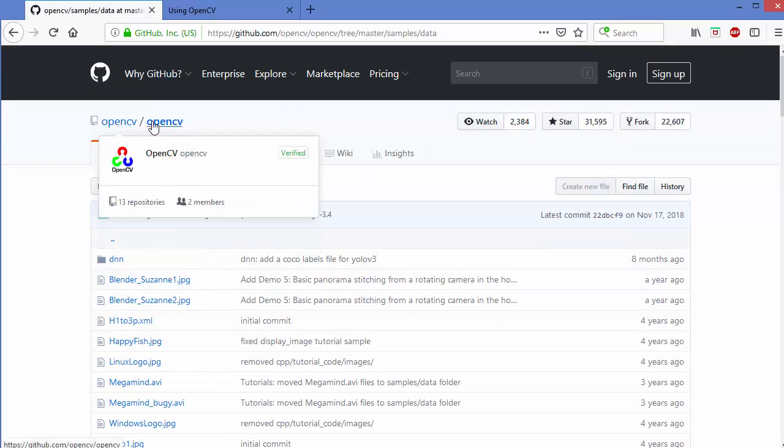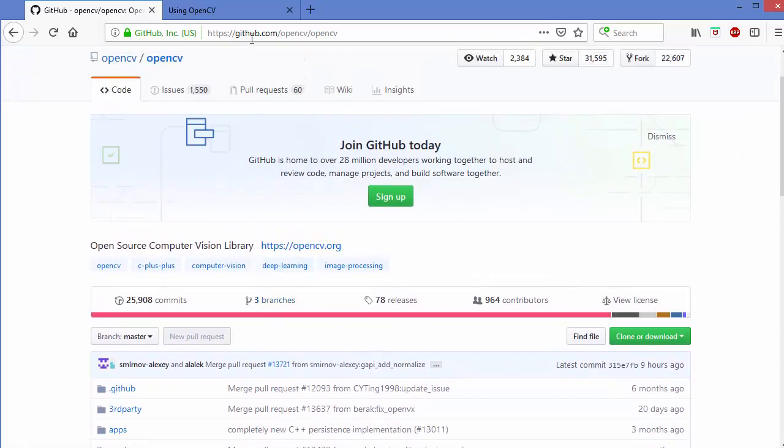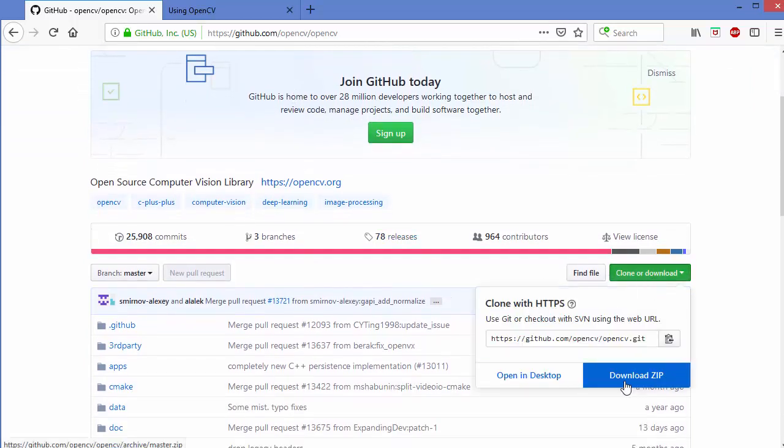What I generally do is go to this repository under the URL github.com/opencv/opencv, and then I either download the zip file of this project or clone this GitHub repository on my operating